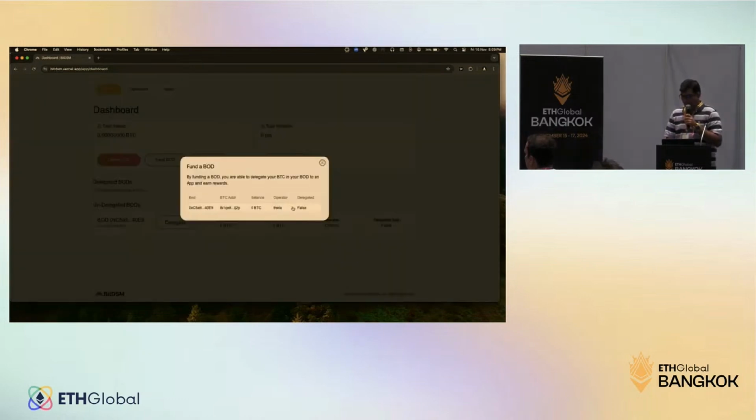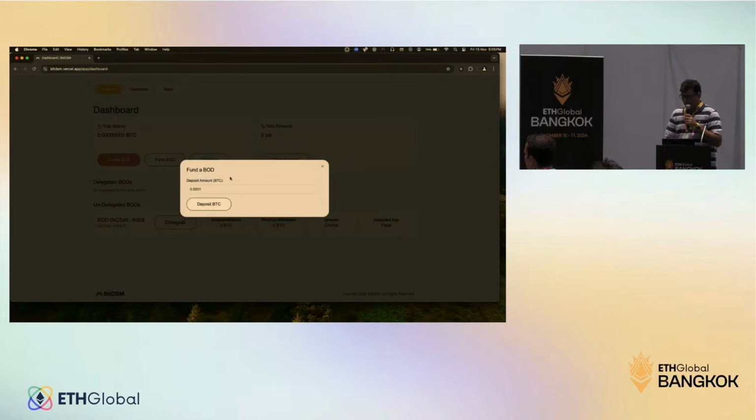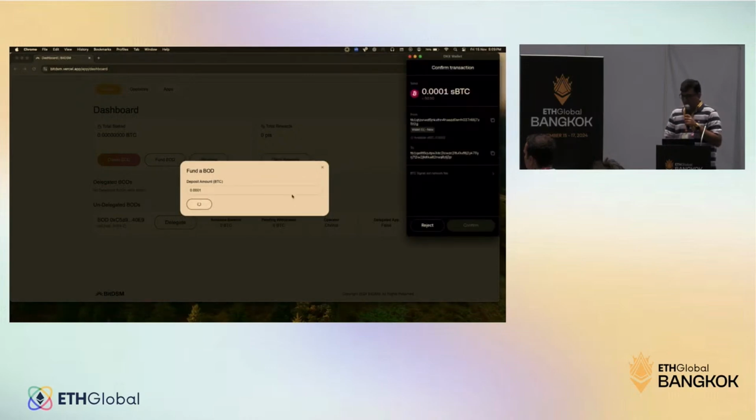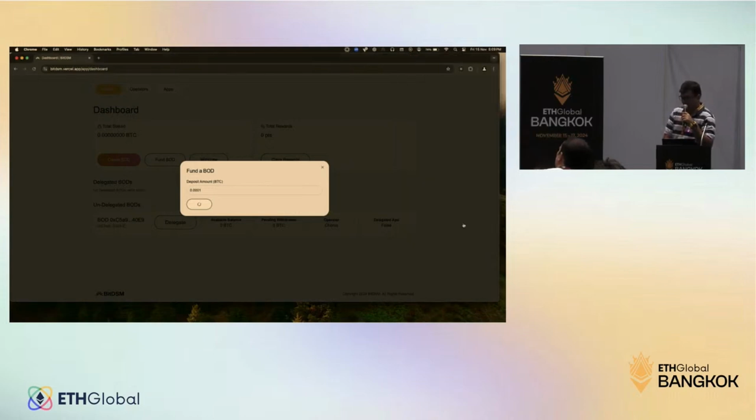As a next step, you can go and basically fund your pod. You can select the operator with which you want to fund. Let's say I want to deposit 0.001. Okay, fine. So this is now asking for confirmation from me. That will create a BTC transaction. If I confirm it,